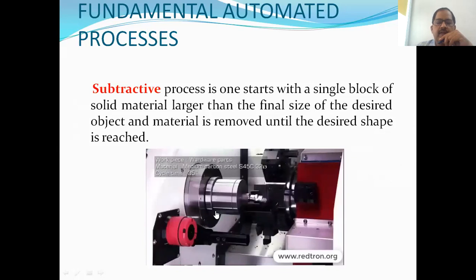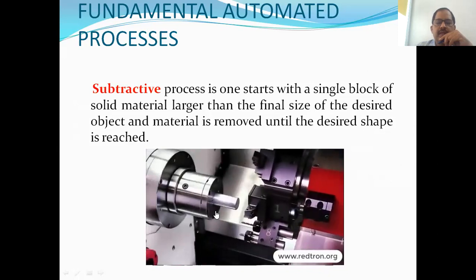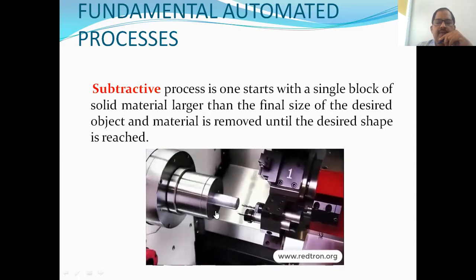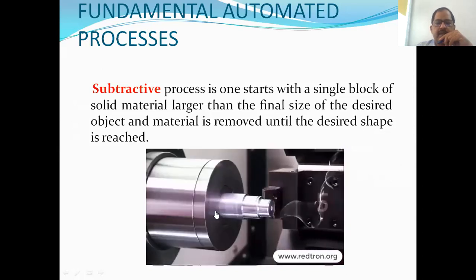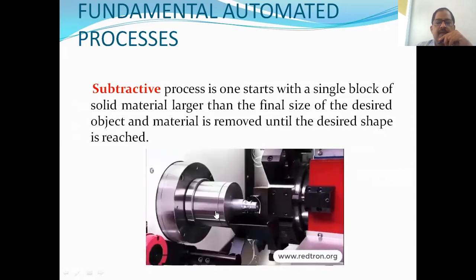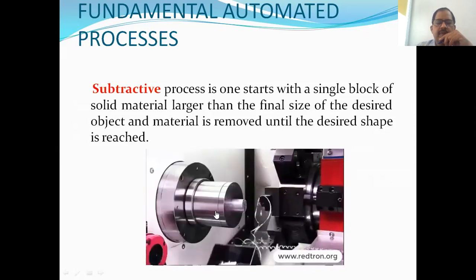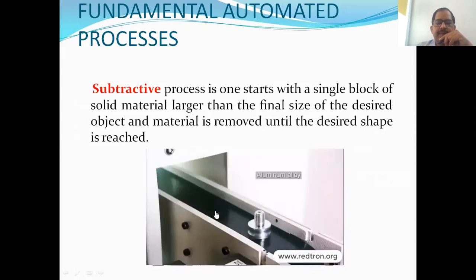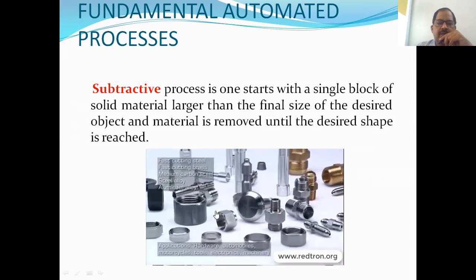And automatic cut off, and we have to make one more tool. This is a CNC lathe, one example for our purpose. Now this is the subtractive method. In the subtractive method, we are removing the material from the workpiece, and the workpiece size should be more than the final product. You see how we make that much big part, converting into something like a bolt arrangement, and arrangements like these. These are the things we are getting from the subtractive method.